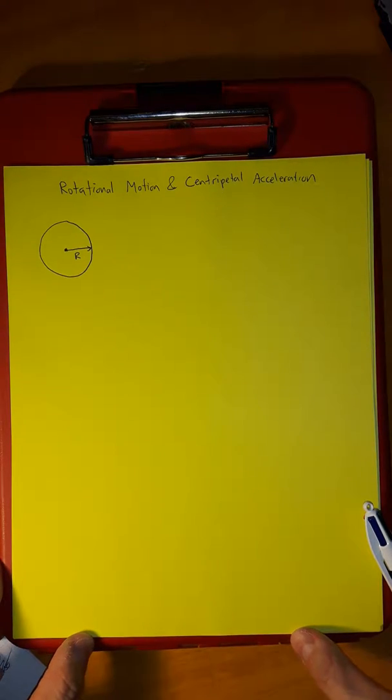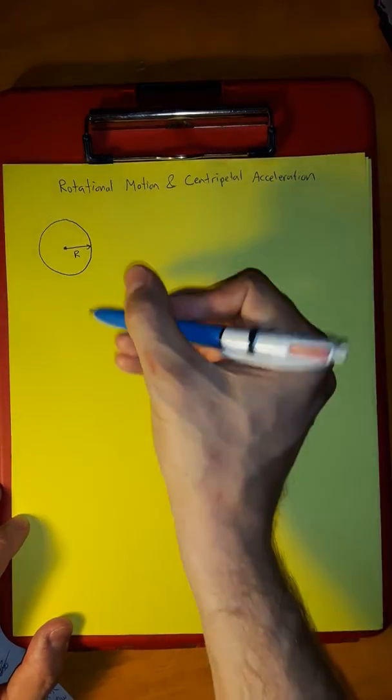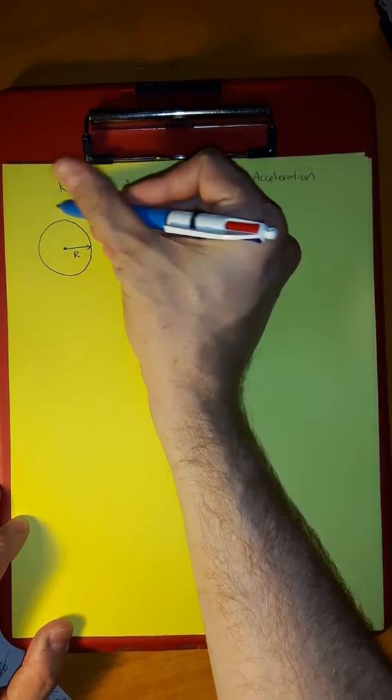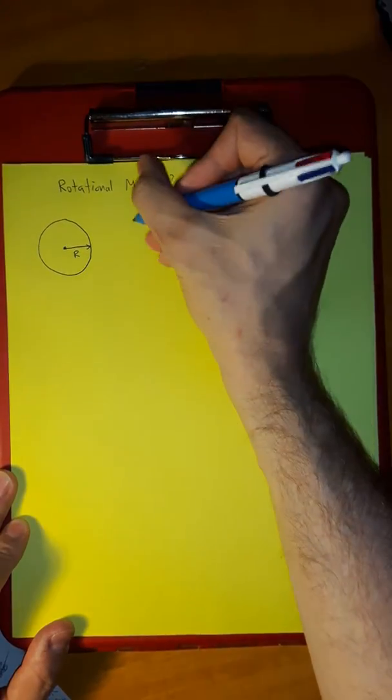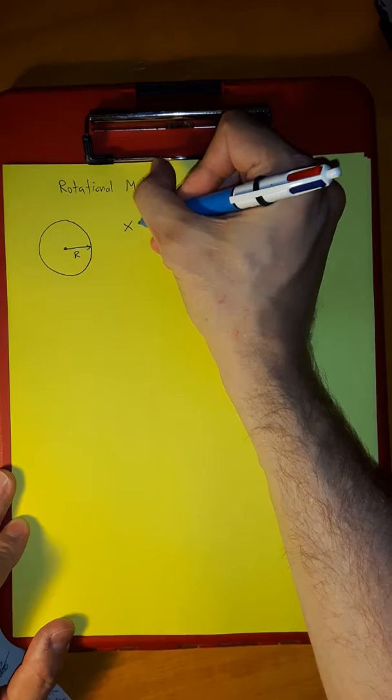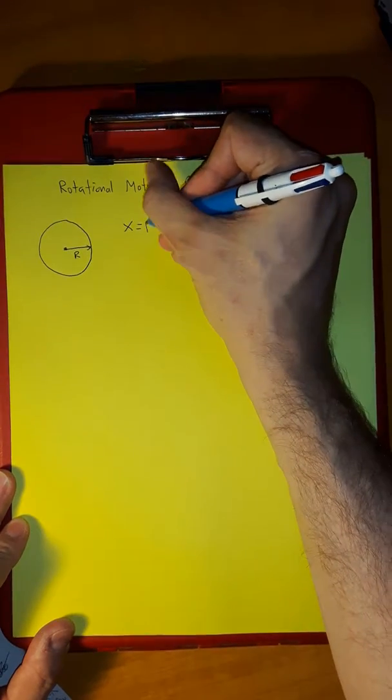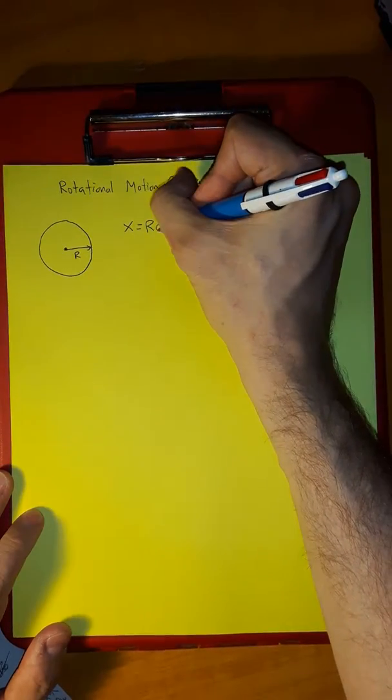So I'm going to use tonight to explain centripetal acceleration and the basics of some rotational motion. So we're going to take a look at an object moving in a circular motion. We can write the position in terms of Cartesian coordinates: x equals r cos theta